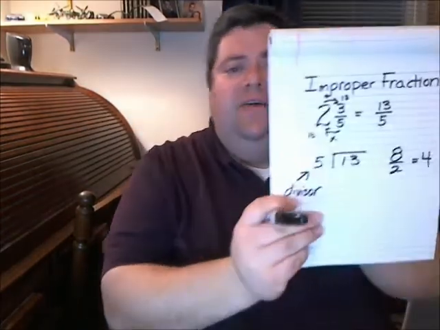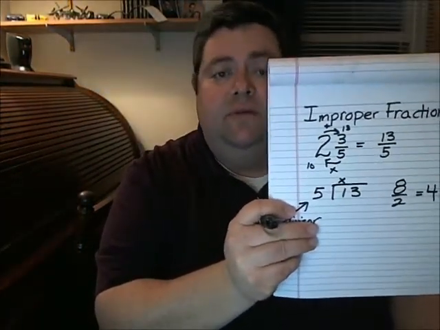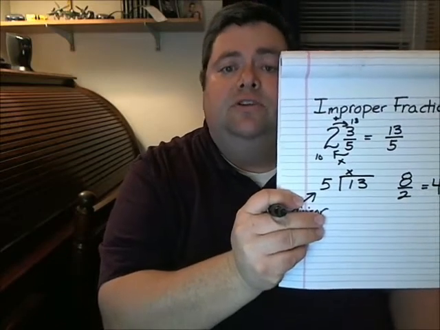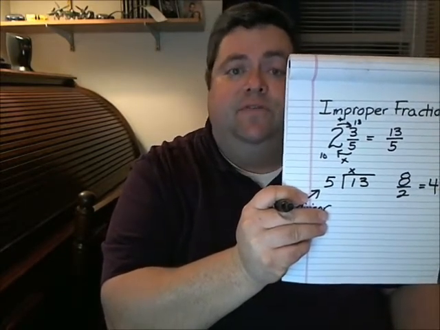So we do our work. We say, okay, will 5 go into 1? No, 5 won't go into 1. So what I have the kids do is they put an X over that first place. Now, obviously, with this smaller number, this isn't as necessary, but sometimes the numbers are larger. So 5 would not go into the 1, but will 5 go into 13, the first 2 digits? And in this case, yes, 5 is a much smaller number than 13, 13 being a tens place number. It's in the teens, so